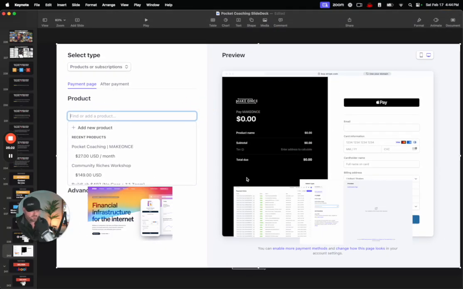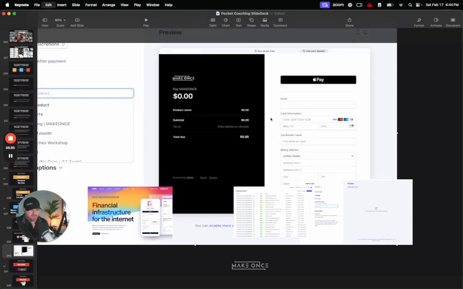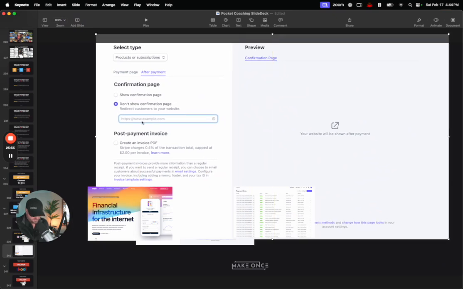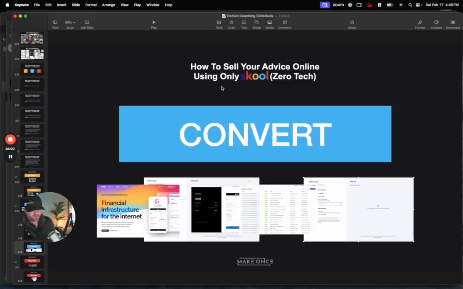Okay, and then before you click create the payment link, you can click on this after payment, meaning what happens after they pay, and you can put a link in here. So you can send them right to something, right? You could put a Loom video in there, and in that Loom video you could say, hey, congratulations on just getting started. Now all you need to do is send me a DM in Skool and I'll unlock that for you.